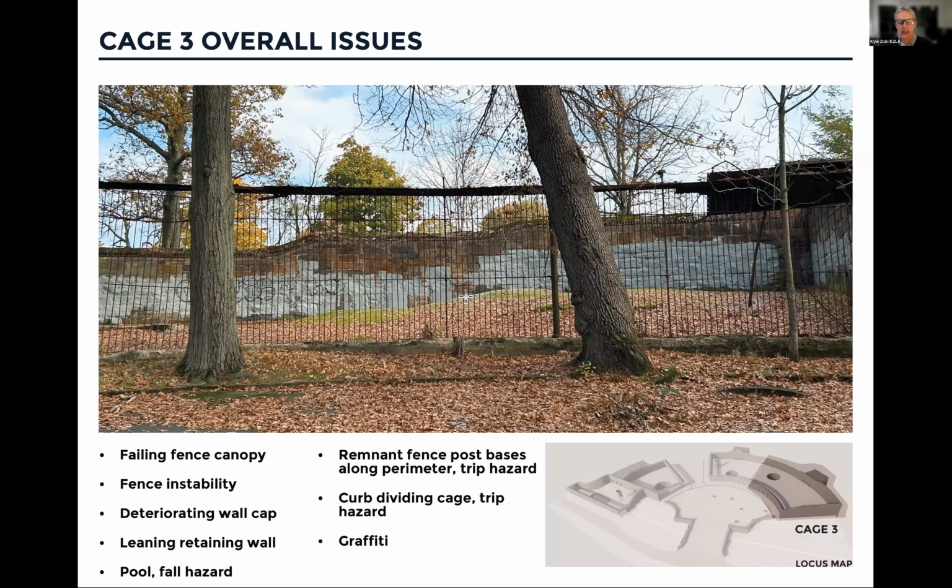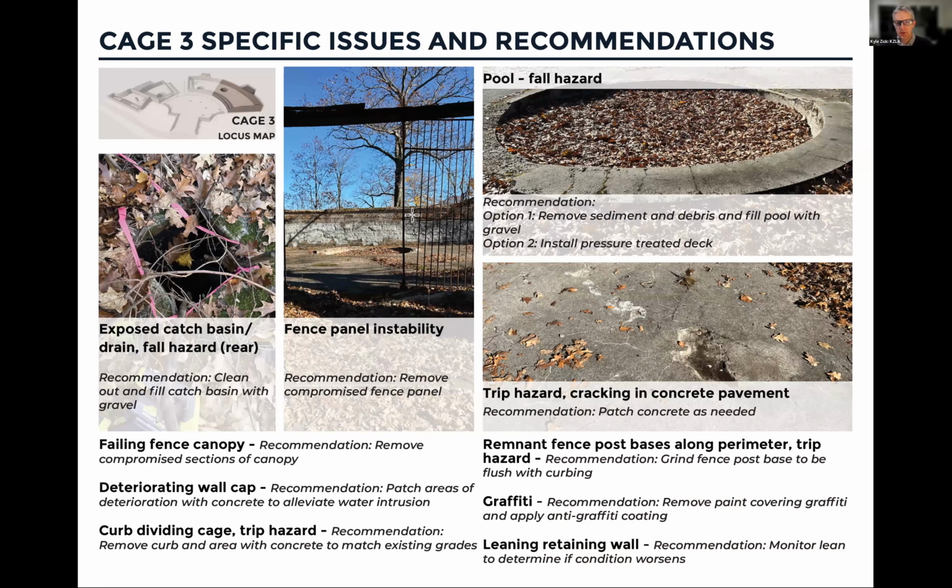Cage 3, which is adjacent to cage 2, is different in that the fencing is intact. There is one fence panel that's not stable that we would definitely have to remove, but we'd be looking at the stability of the remnant of the fence cap for sure. There's graffiti in this cage as well. There are the same tripping hazards and holes in the pavement. There is also a portion of some of the stones in the retaining wall that are leaning that we'll look at. So as I mentioned, one of these fence panels we would have to remove, but we've looked at every fence panel. There are some of the connections of the panel to the posts that we need to reinforce, but we have an inventory of all that.